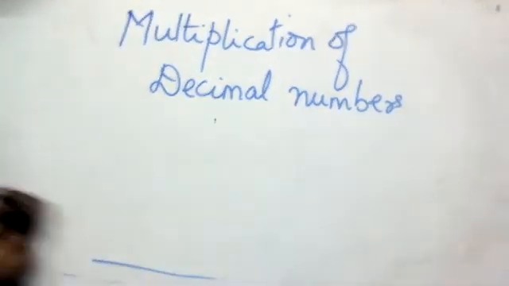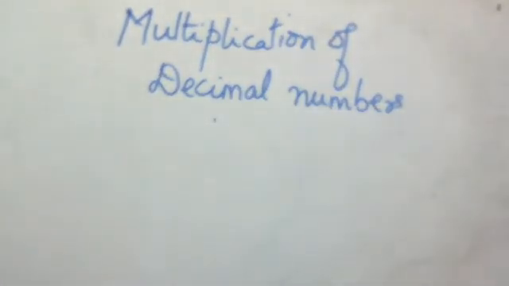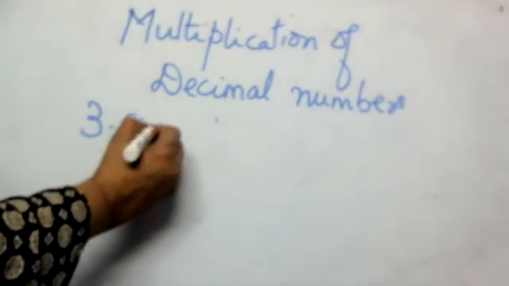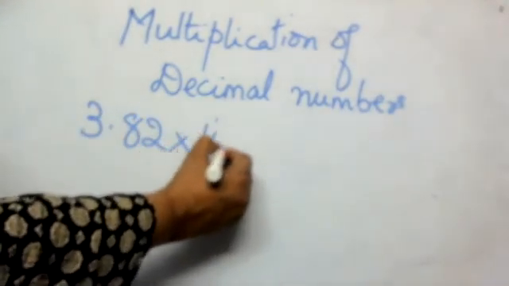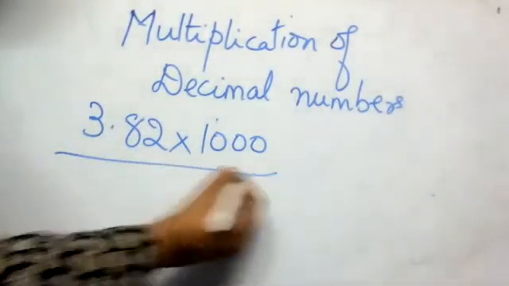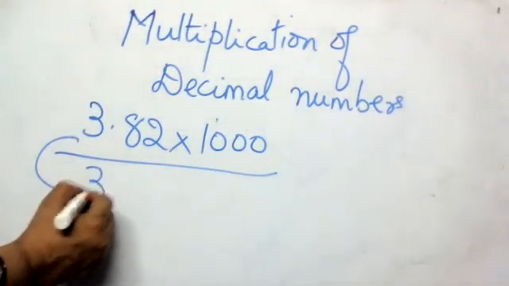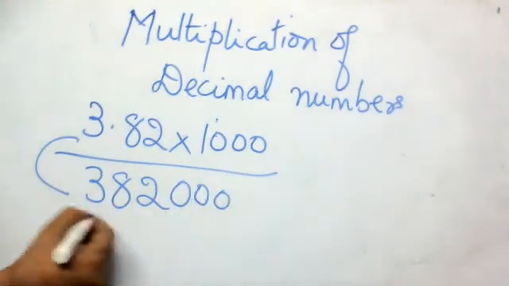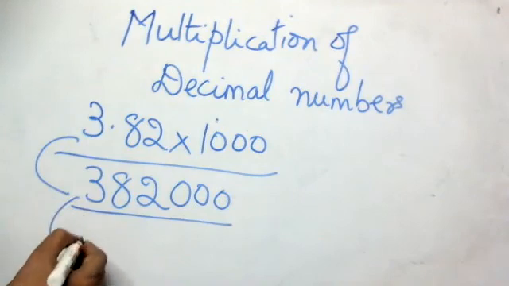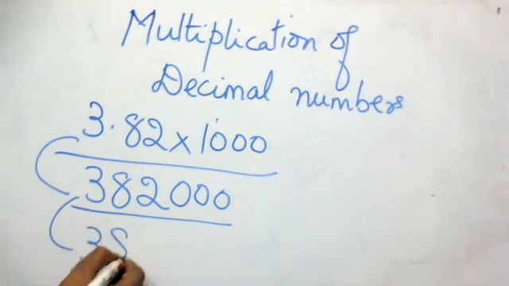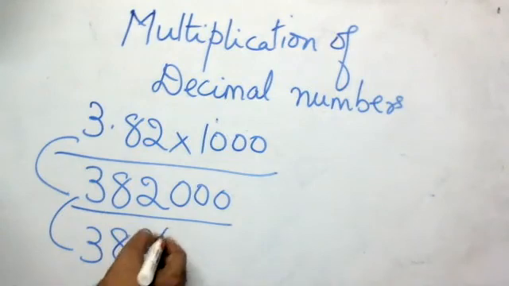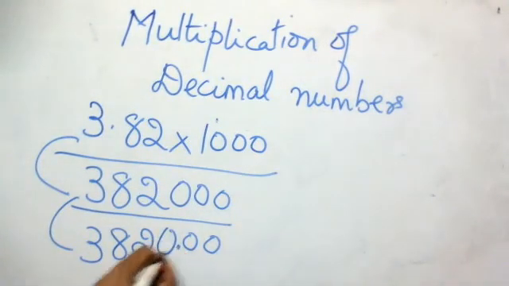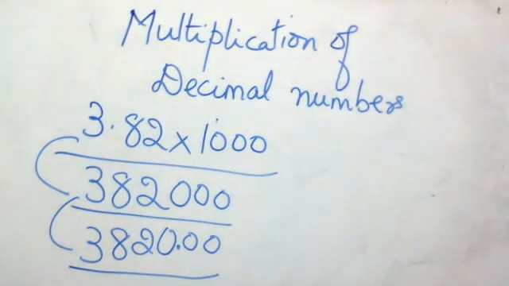Okay, one more sum I will give you. Let's see decimal multiplication with thousands. Into 1000. So first step, write without the decimal place. Add the zeros. Now second step, placing the decimal point after two places. So the answer is